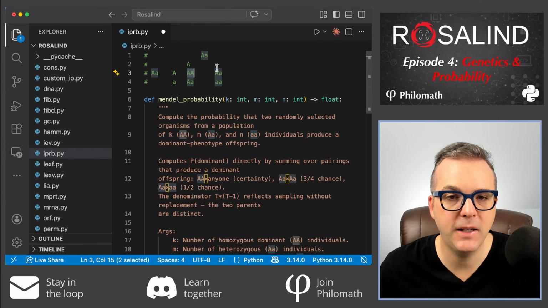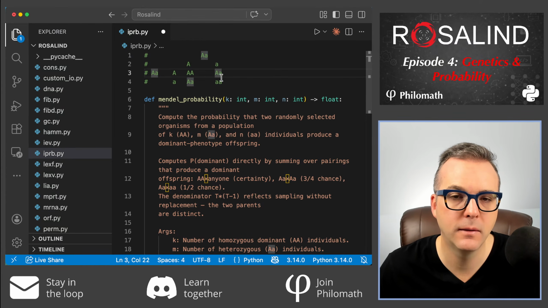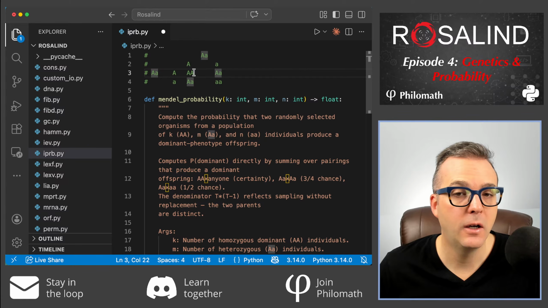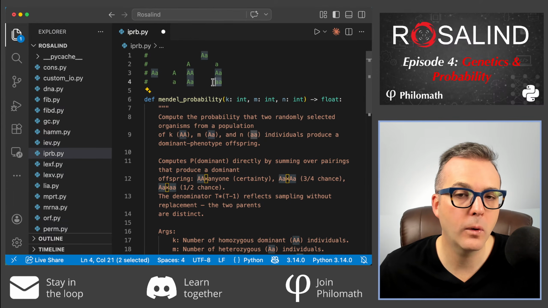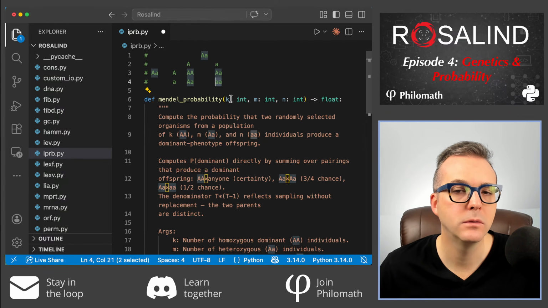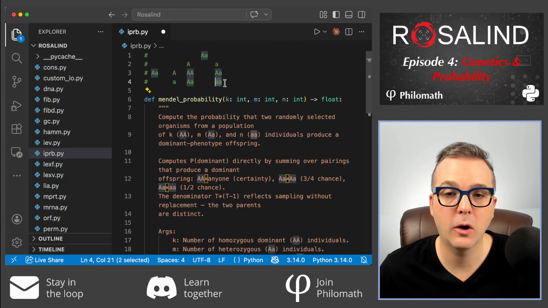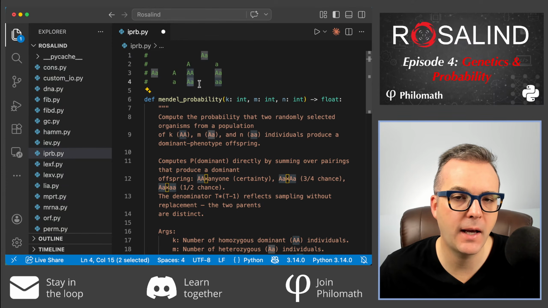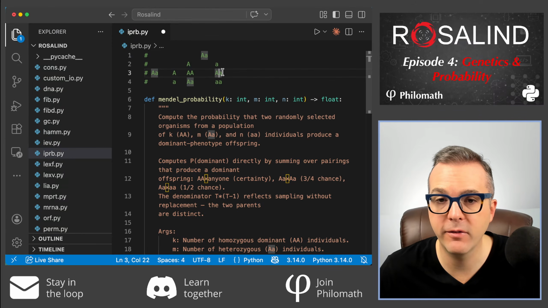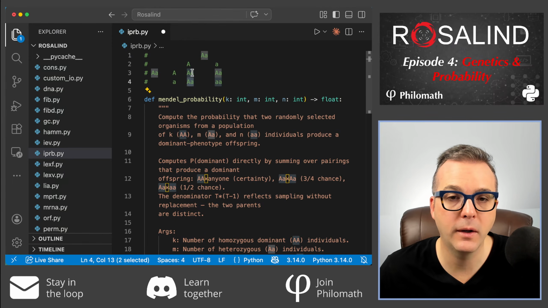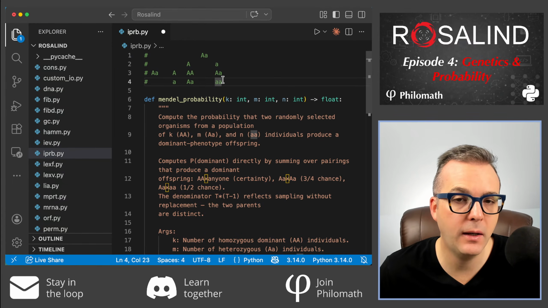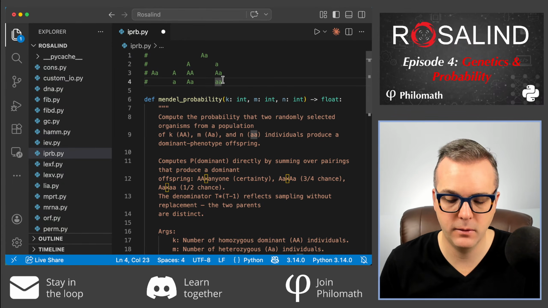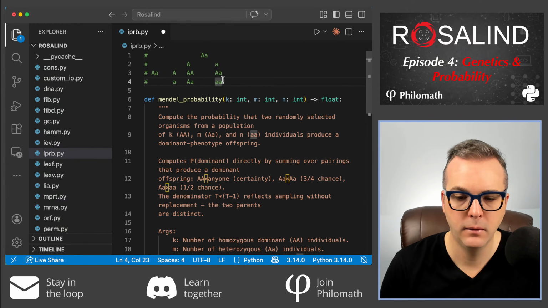So you can see that in this particular case, you would have a quarter of your offspring on average, a probability of 1/4, that are going to be homozygous recessive, 1/4 are going to be homozygous dominant, and a half are going to be heterozygous, which means on average 75% of your organisms are going to display the dominant trait for this particular trait. Now,